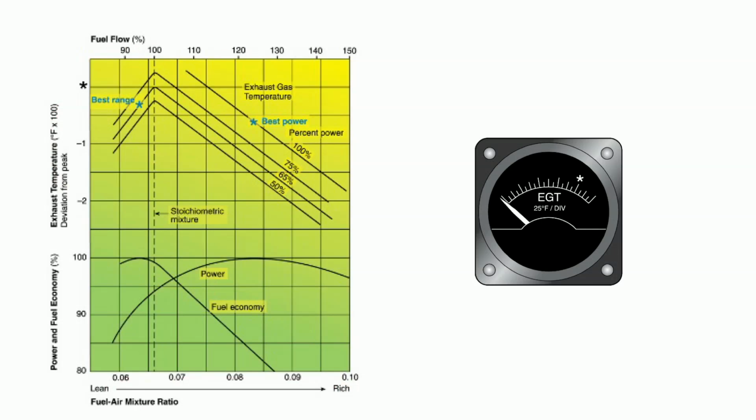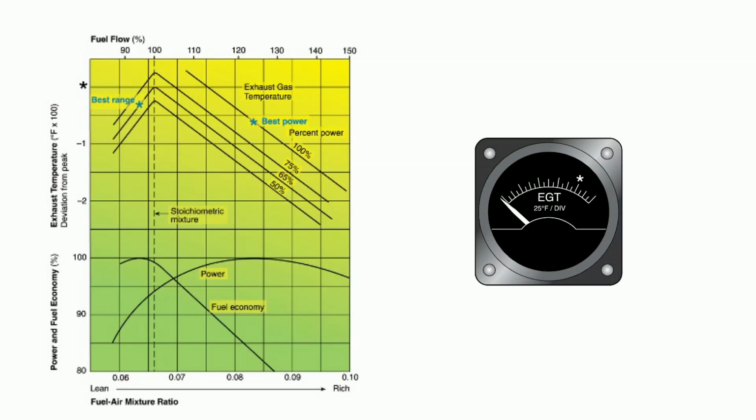So that's flow of normal at our peak exhaust gas temperature. When we say lean of peak, we're talking about peak exhaust gas temperature right here. That's why we say lean of peak or rich of peak. Now, the part that makes this interesting is as we look at our slopes here,